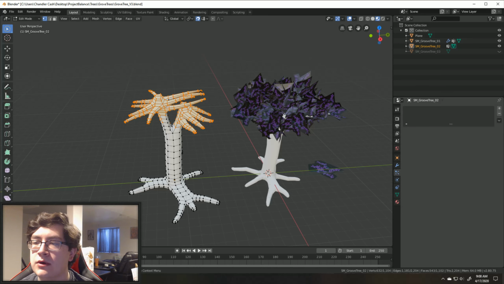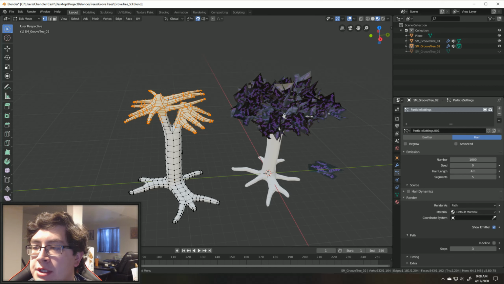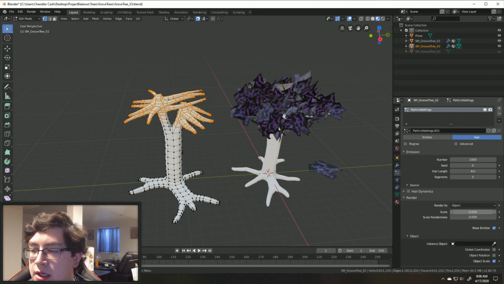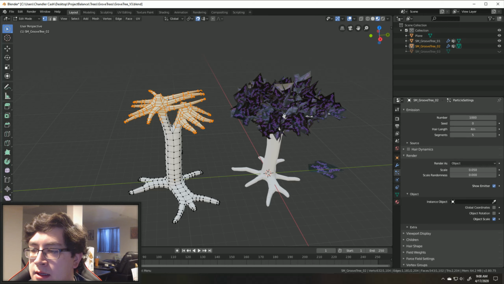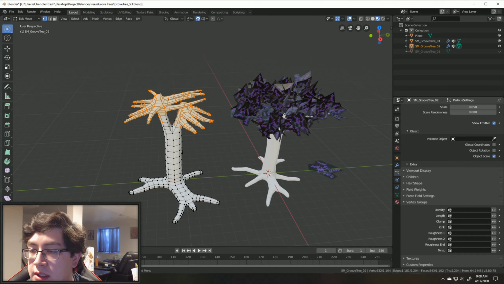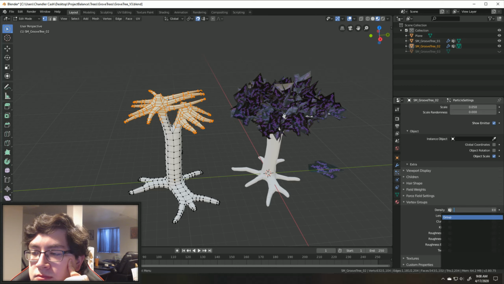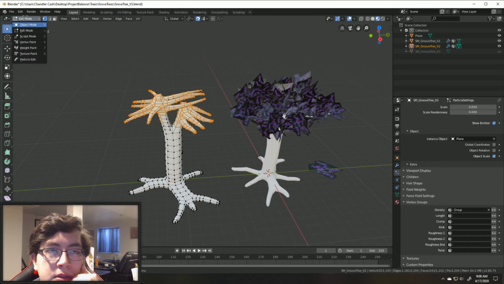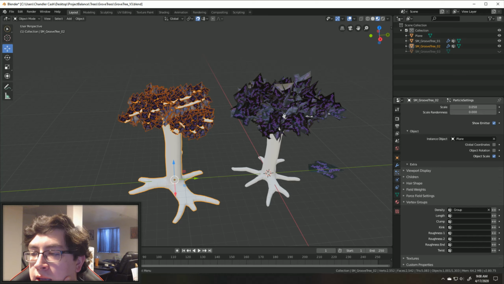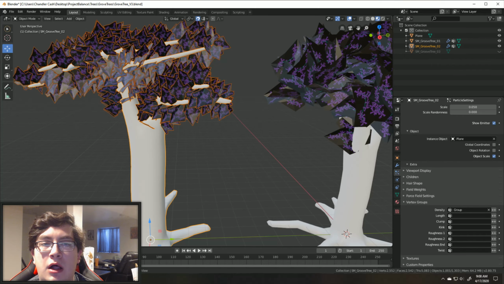And then we'll go over, we'll add a particle system. We'll change it over to hair. We'll tell it to render on object. And then we'll need to add, still figuring this out. So we need to add our vertex group where we created it. We'll add in our plane as our group. Probably be in object mode. There we go. And so as you can see with the vertex group that we've created, the leaves all are